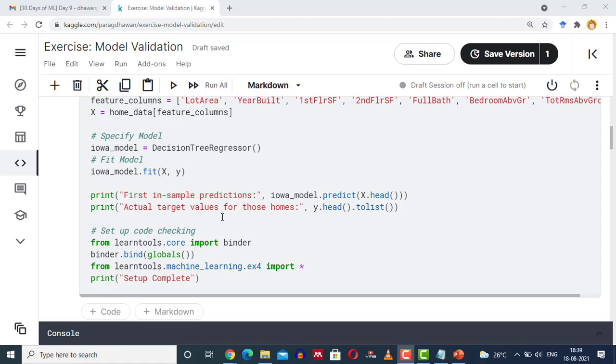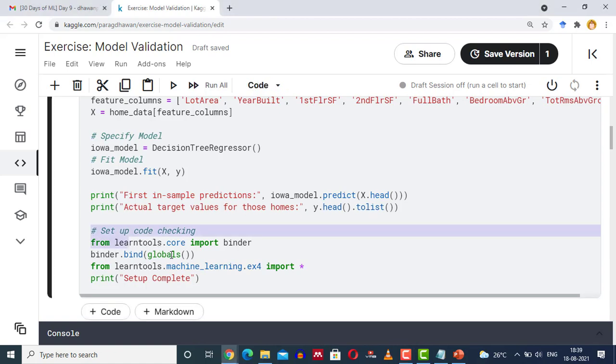Then we will see the actual target prices with y.head(). So we are getting the first 5 predictions, converting them to a list and printing it on the screen.